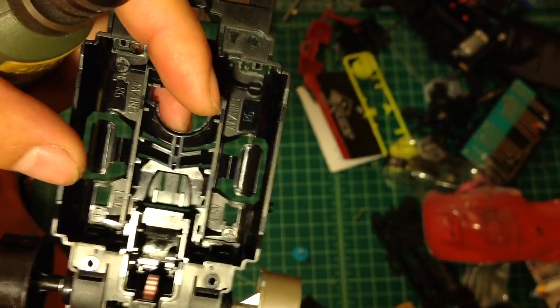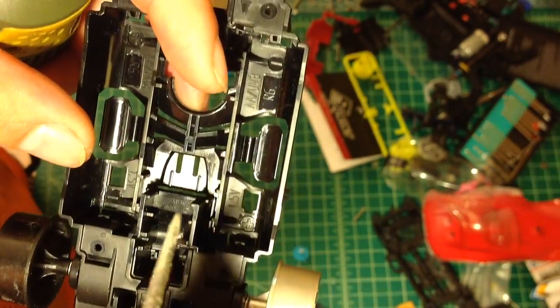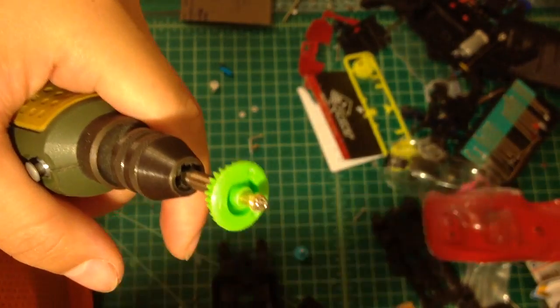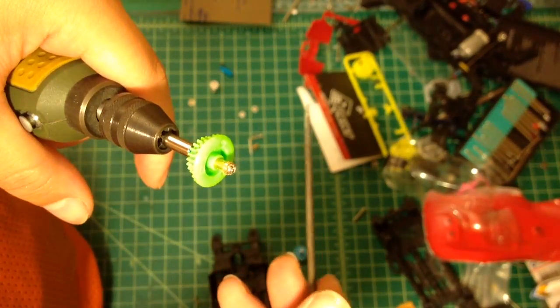Okay, so next we're going to do the one I just mentioned, this part right here, which has a lot of contact with this little bit thing right here. So what you need is round files. Okay, so just go ahead and